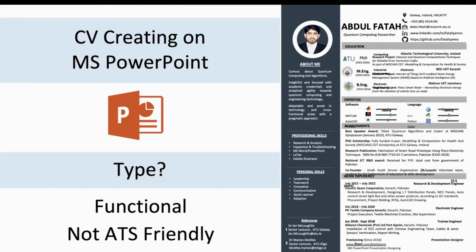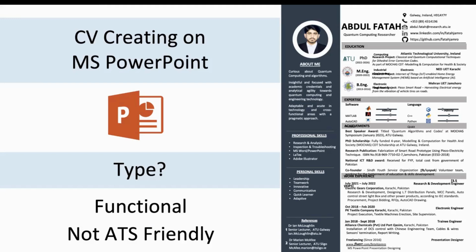This version I will never put in any job where an ATS CV is required. I only send this CV where I am sure that a person will screen my CV. For example, in academics for a scholarship, I know the supervisor or the teacher will review my CV, so I only send it there.